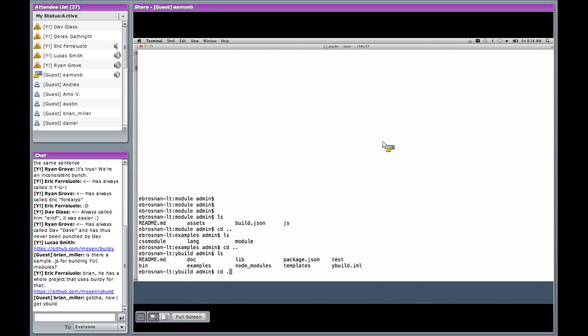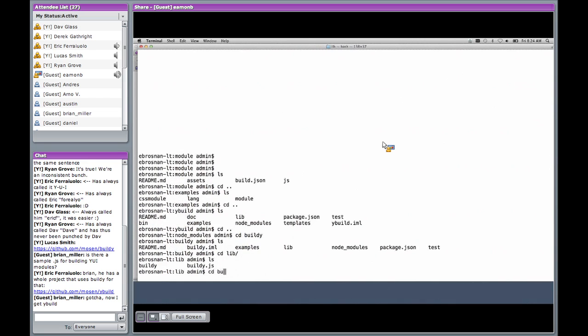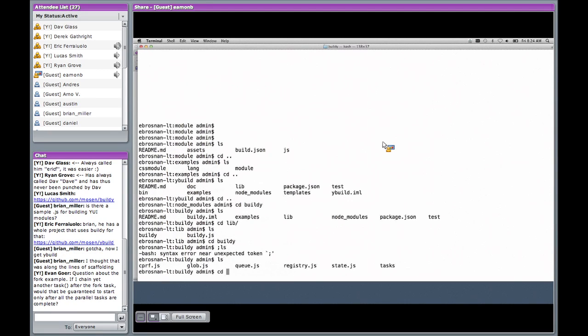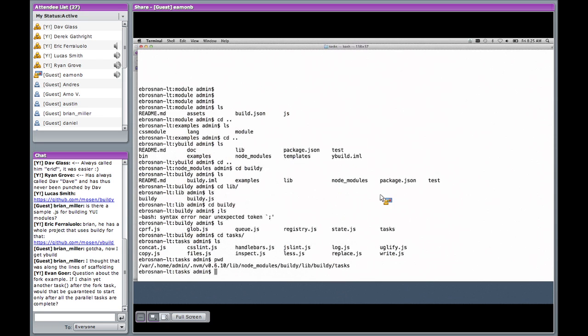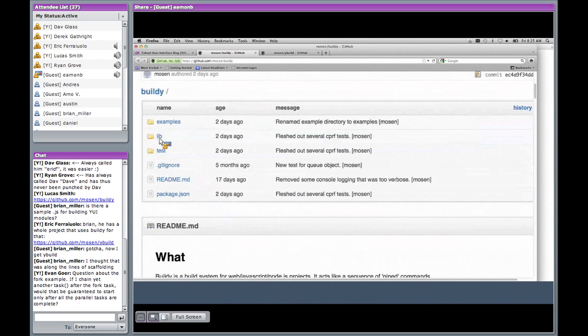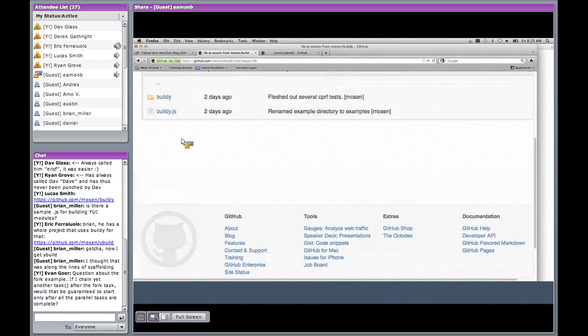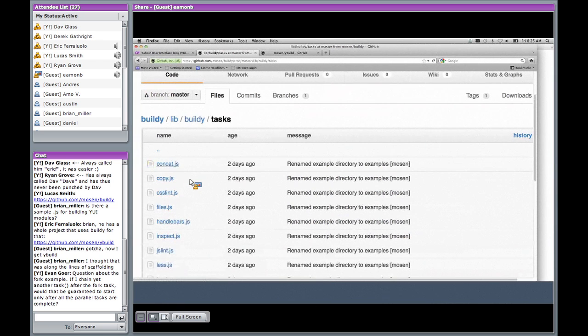So, it's up on GitHub too, right? Yeah, it is. I should probably go through the GitHub version. Be a lot nicer. So, the way tasks are made available is through the registry object. The registry object basically can load directories of tasks, like I said before. I'll show you just the concatenate task.